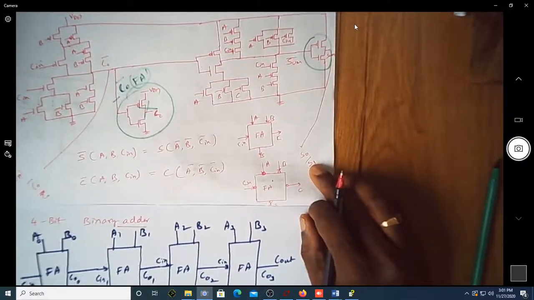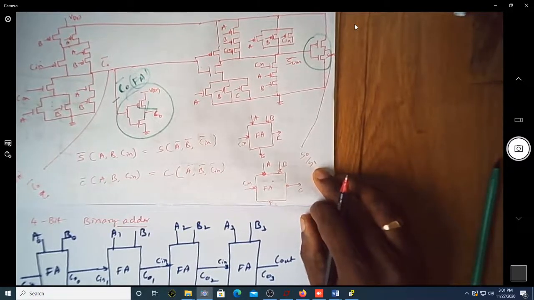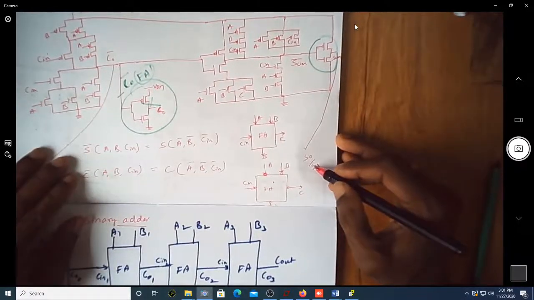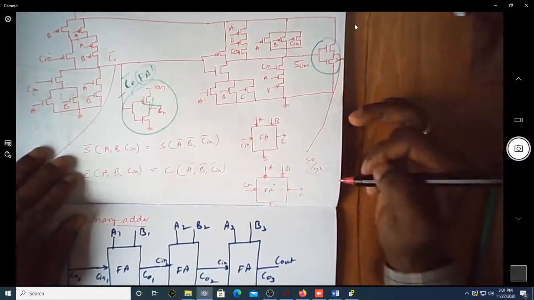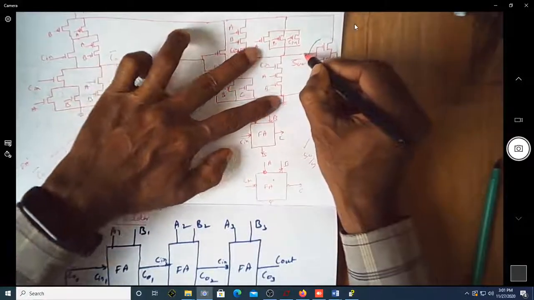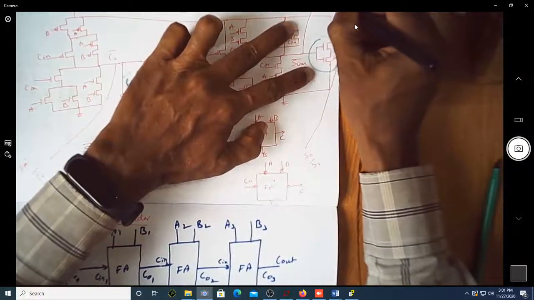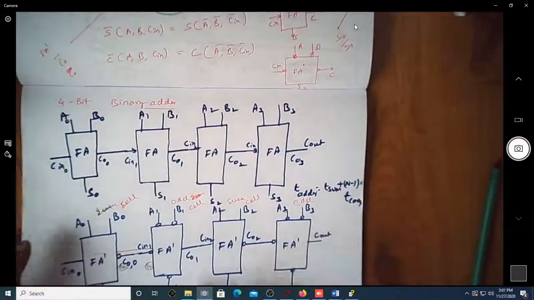Why are you getting S1 bar? Because you complement the input: this is A1 complement, B1 complement, and C complement. Since you are getting S1 bar here, how to get S1? You have to put one more inverter. Instead of putting one more inverter, you take the output from here and call it S1, so instead of putting a bubble here,